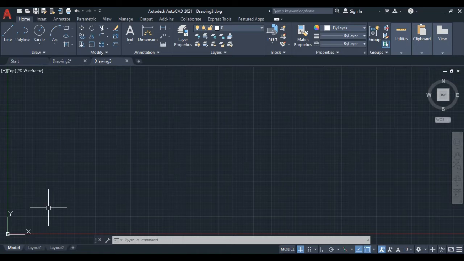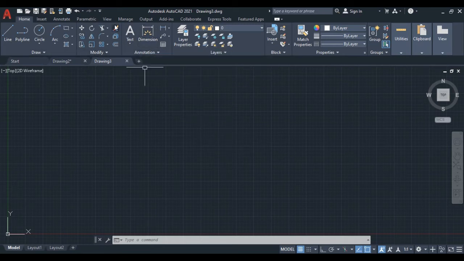Now this is the command bar. If you type any command, you will get that command which is available on your ribbon, or in your draw panel, modify panel or any panel.